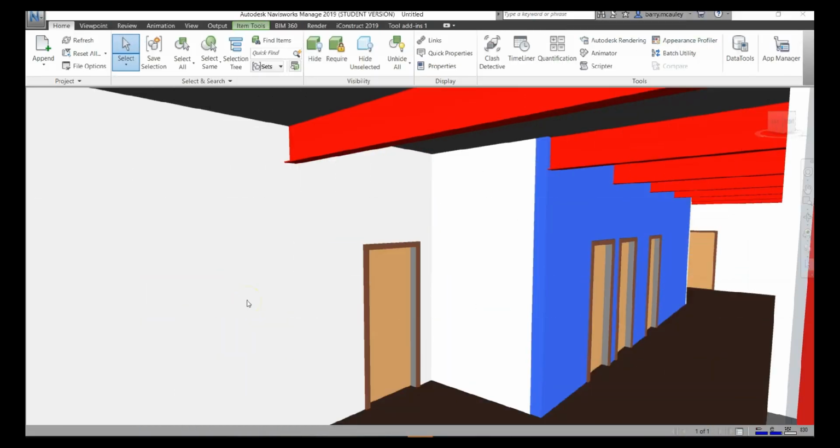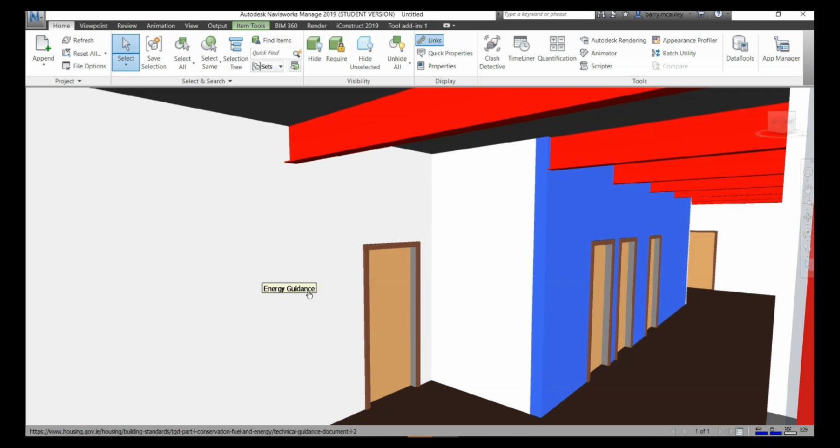The links function can be accessed through the Home tab in Navisworks. By clicking here, it'll turn on all links associated with the model. We can see that there's a link here called Energy Guidance. This is directing me towards a web link, which is to do with the conservation of energy and fuel. If I clicked on this Energy Guidance, it's going to direct me towards that web link where I can download